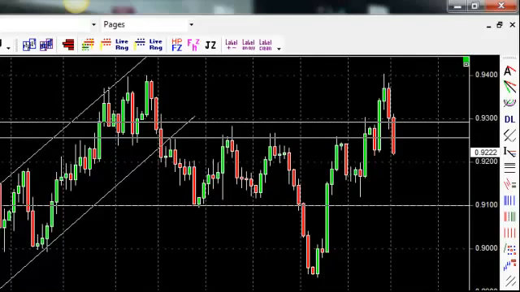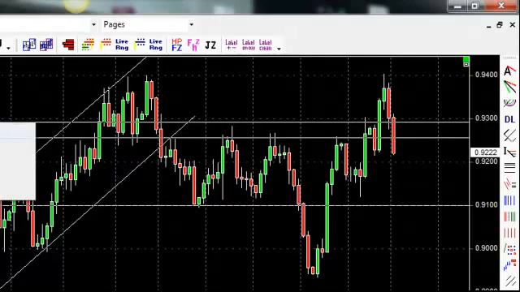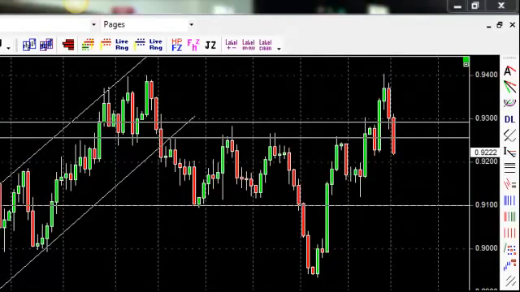I'm sorry about that. So we're going to make this green. This is just the way I like to do it. This is for me to visually see where I'm looking at my entries. I'm hoping price pulls back up here to this 92 mark. Now where would I put my stop loss? I'm going to put my stop loss on the nearest swing high